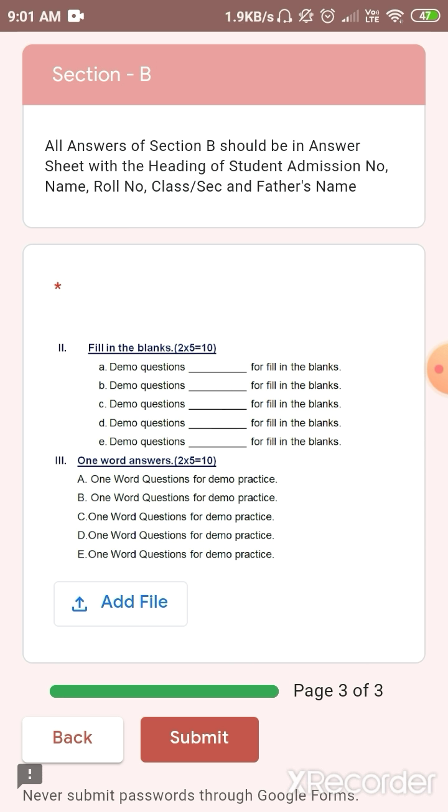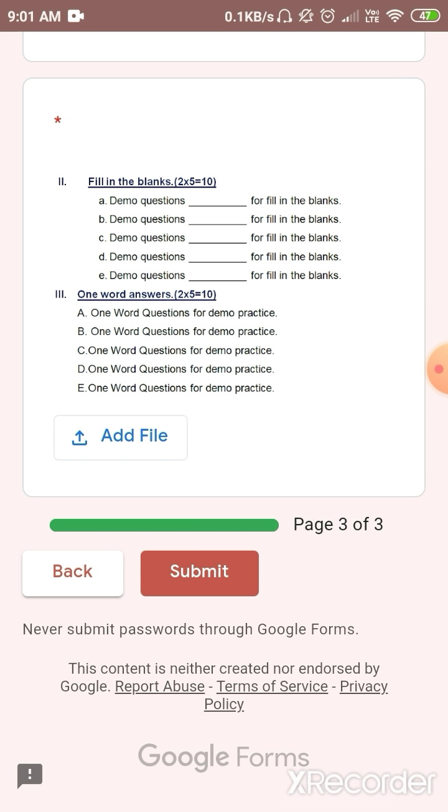First of all, you will pick an A4 sheet of paper or any kind of copy. At the top of the copy or A4 sheet you will write your name, admission number, roll number, class, section, subject name, and date of birth. After mentioning this, you will write the number of the question and its answer. You do not need to write the question in your copy or notebook.